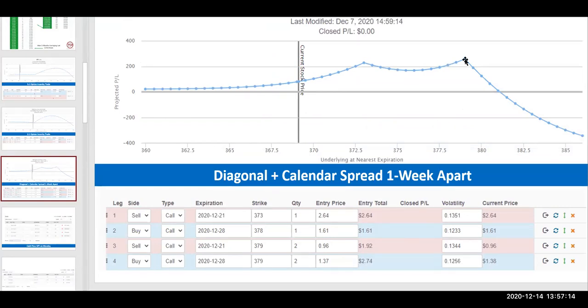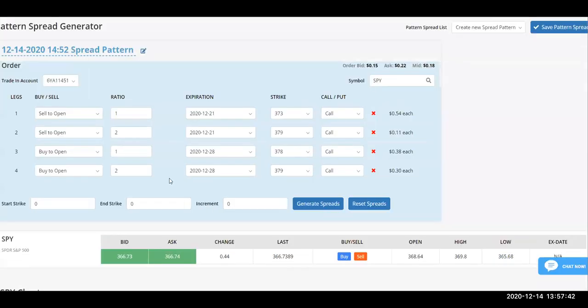Very, very low probability that we're going to go beyond that. So this is a huge, huge probability trade right now. More so because if it goes to 371 or 373 in 1 week, I can bring in more premium on this, right? I'll get out of the 1221s and sell the 1223s. Okay, but let's take a look at all of them, starting at, let's say, 360,